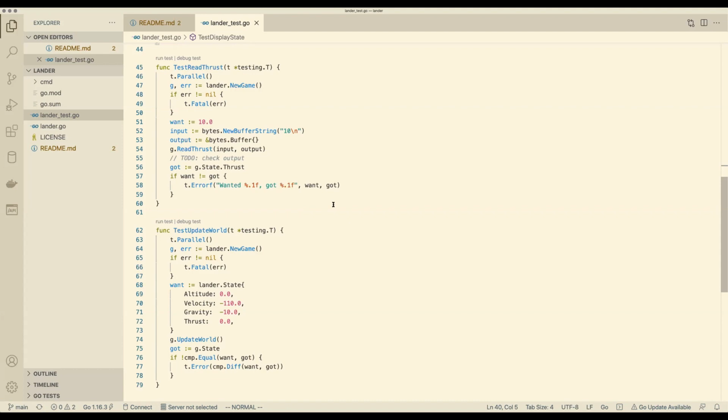So what can you deduce, if anything, from this? Any failure of deduction on your part would not be your problem. It would be due to the person that wrote the test, because that's part of its job, isn't it? To make it explicit what's happening. We know about the new game bit. We must have a valid game in order to do anything. And we're saying if you construct some bytes buffer that has in it the string 10 followed by a newline, and then you pass this to read thrust and give it some throwaway output to write to,